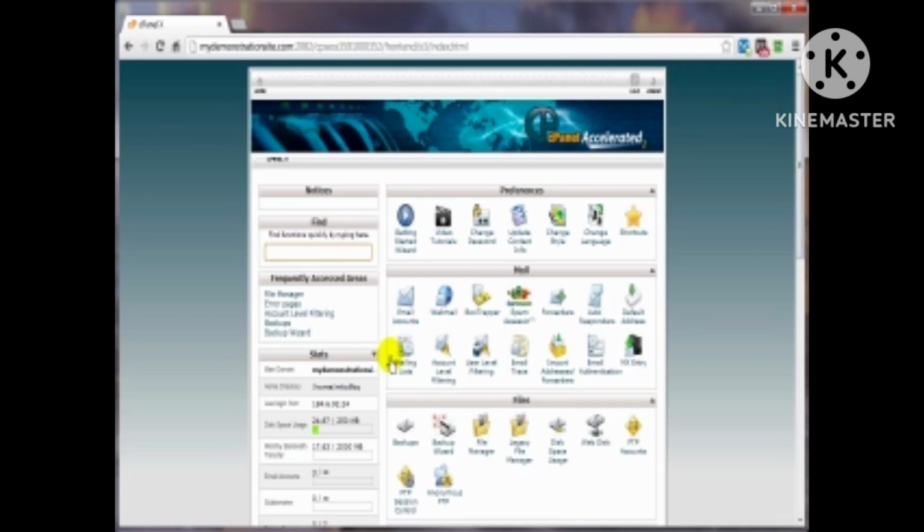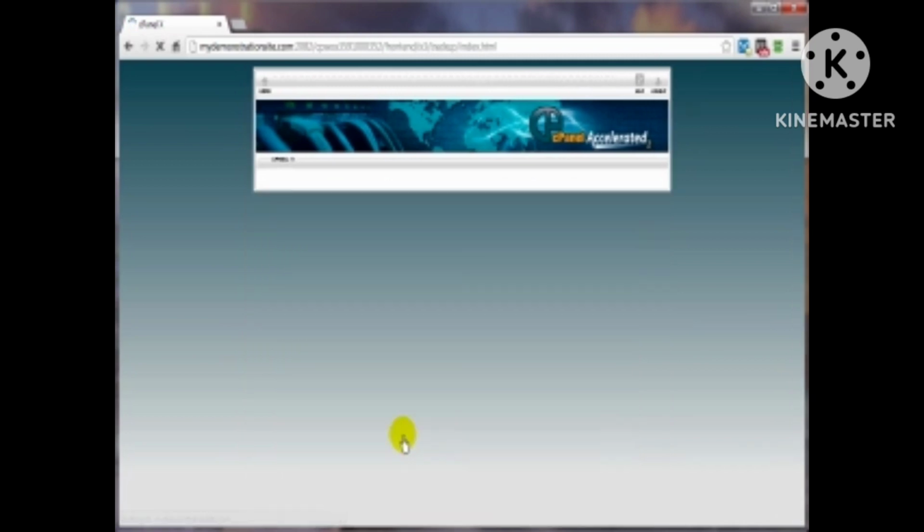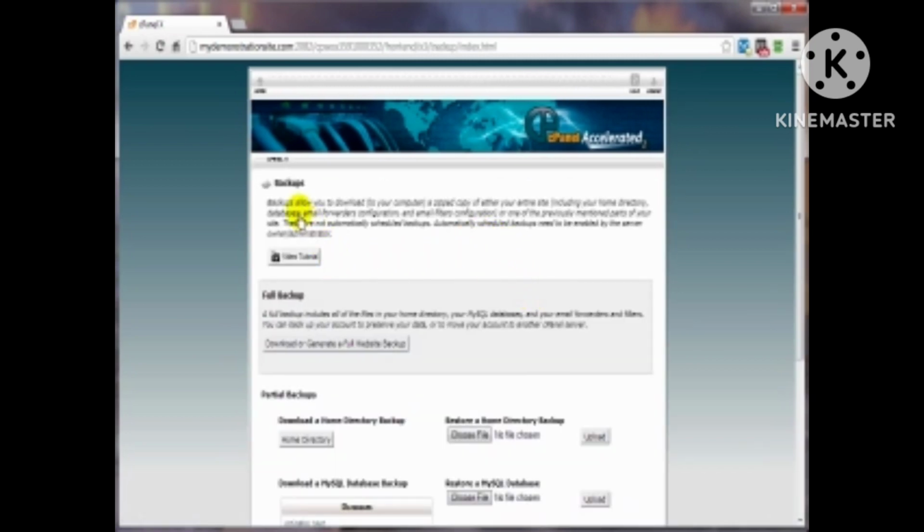Now, once you're logged into your cPanel control panel, in the Files panel, you're going to see a couple of options here, Backups and Backup Wizards. In most cases, you'll see these two options. The Backups, click on that. It'll bring us to this page here, and it's good to read this right up here to let you know